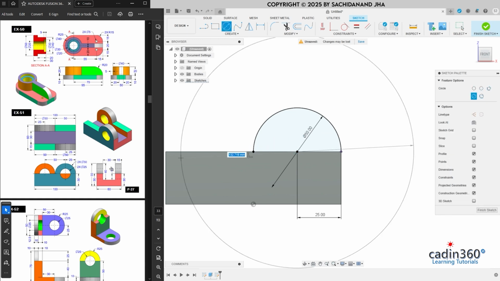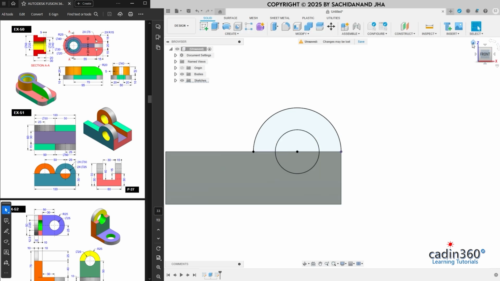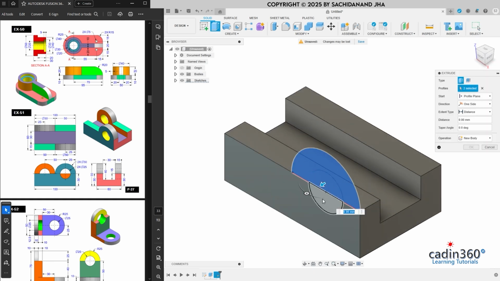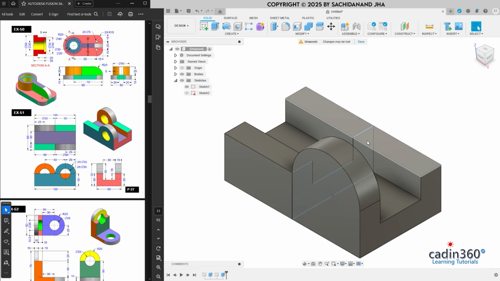create a circle of dia 25. Okay, then finish, home, extrude tool and then extrude up to, so this one is 15, so the value will be minus 15 and operation will be join. Okay, make the sketch visible. We don't want this first sketch visible here, but we want this sketch,